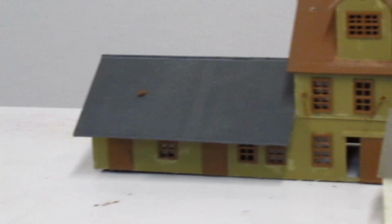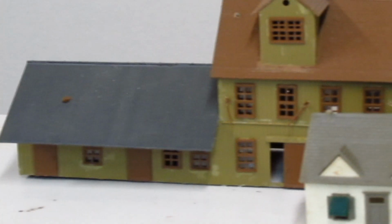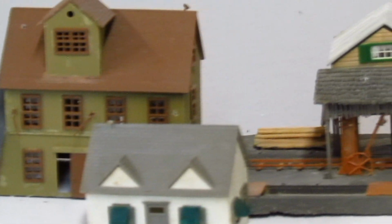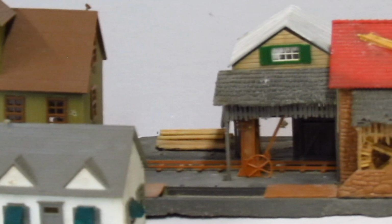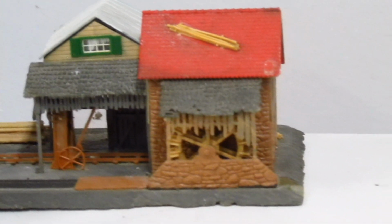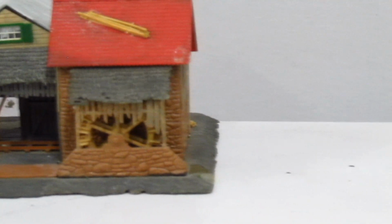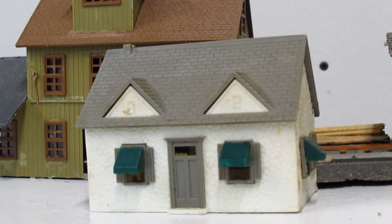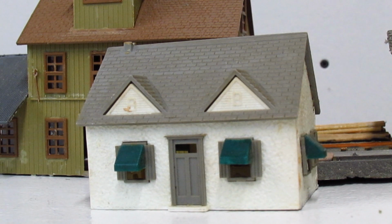Next, you may also want some buildings. Now, while I love buying things new in box, I would absolutely recommend going to hobby shops or shopping on eBay for item lots containing more than one model building. HO scale is a great scale for financial stability. A lot of modelers sell buildings for rather cheap prices in lots on eBay, as opposed to buying new model